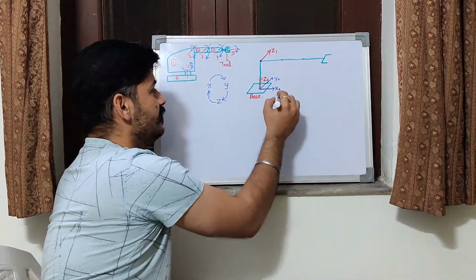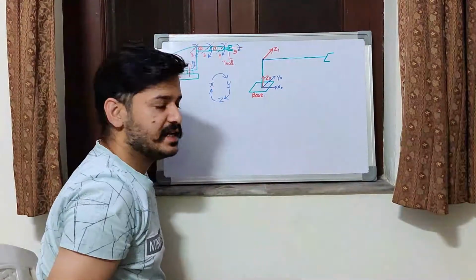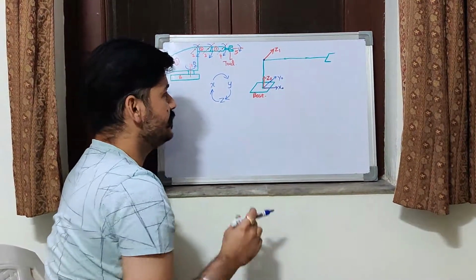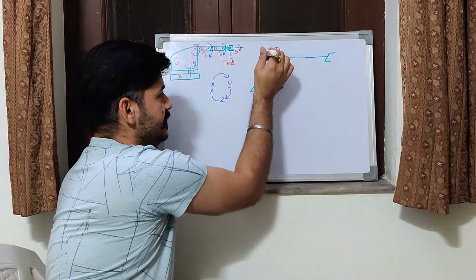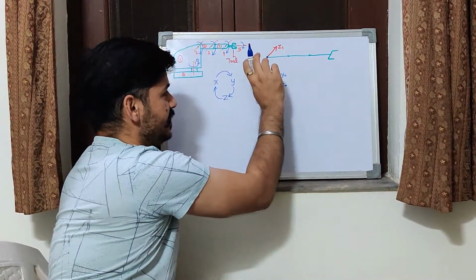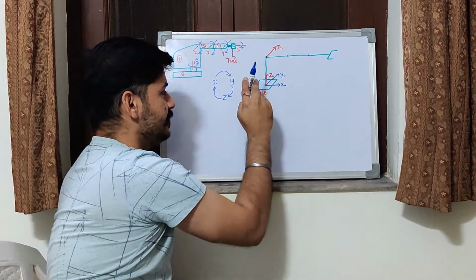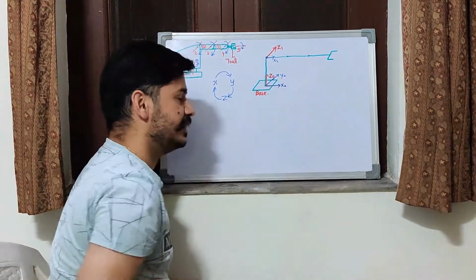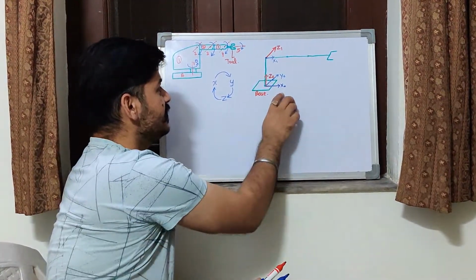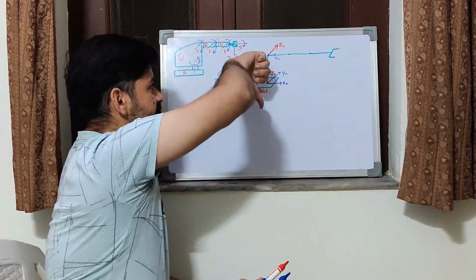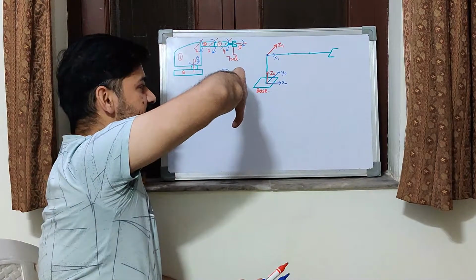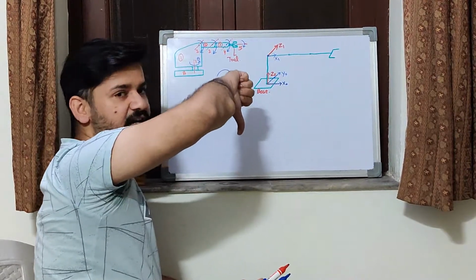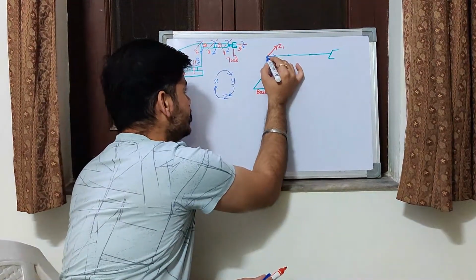Now moving on, we have to assign the x. X will be assigned in a manner that it should be orthonormal to z1 and z0. You can see here z1 is pointing inside, z0 is pointing vertically upward. So orthonormal to these, that means 90 degrees to these, will give you this direction, that is x1. Similarly, as we have done in the first case, now we are moving from z, that is inside the board, to x, and y will be the thumb direction. So this is your y direction.